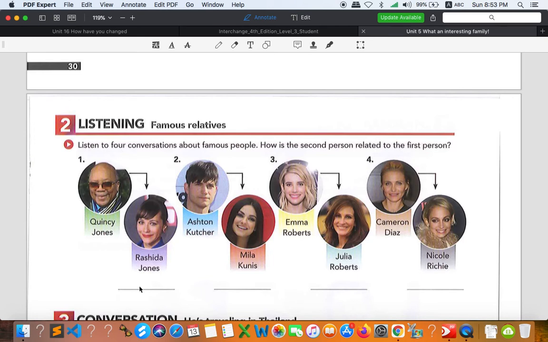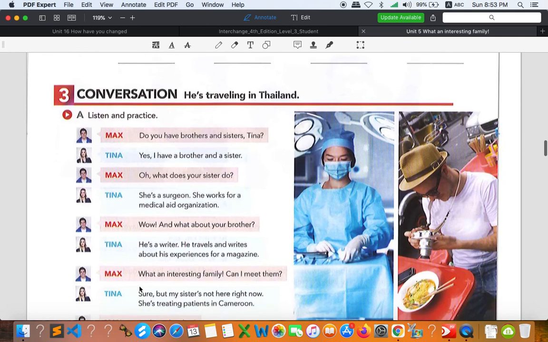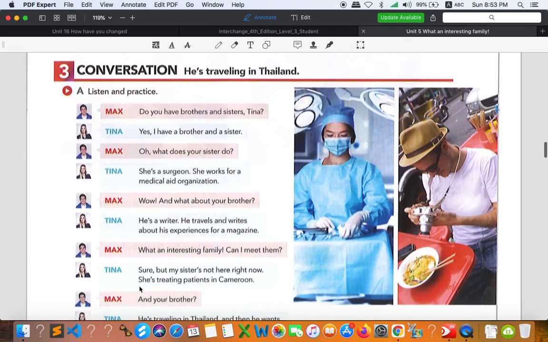All right, and you can go to the listening audio and try to get the answer for this activity. All right, so when you finish this, you can move on to another activity, everyone, which is about listening conversation. He's traveling in Thailand. Okay, so this is another piece of listening, everyone. So what you have to do is to go to the audio and listen to the conversation between Max and